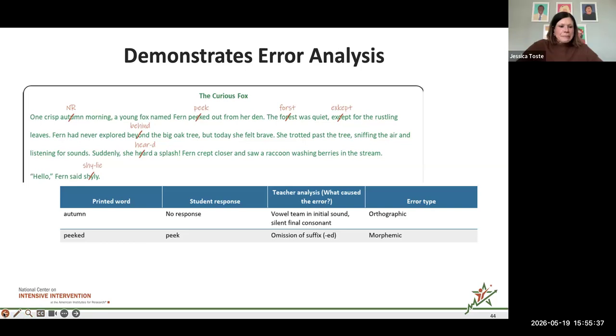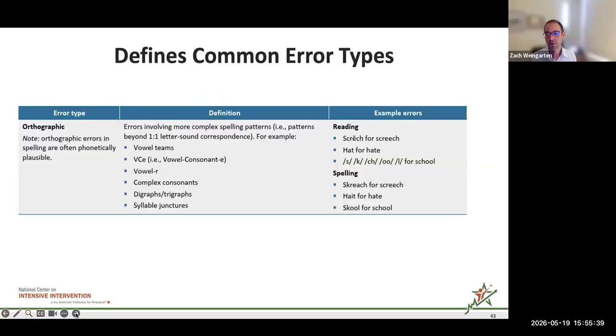This one. We can go back one. This one is just an example. We show the different error types, we describe them, give examples of each. So this is an example for orthographic errors. Then on the next slide,